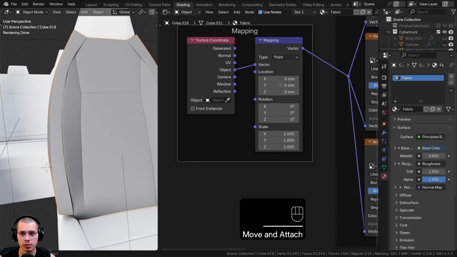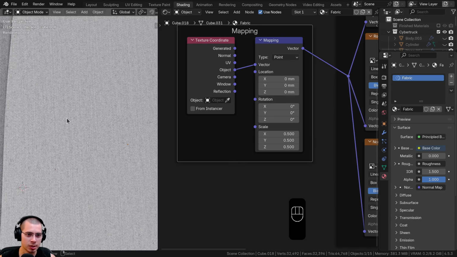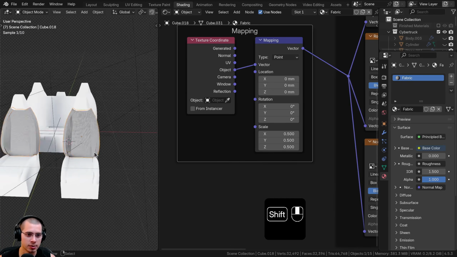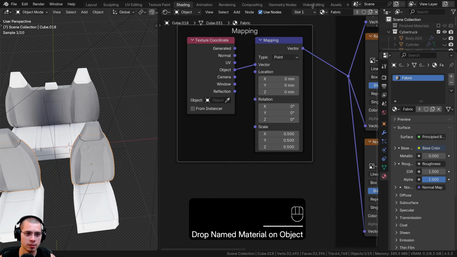And then let's go here to the mapping, and I'm going to turn the scale down to like a 0.5 because I think it was a little bit too small. But if I zoom in closely, you can kind of see that texture. So now what we want to do is just click and drag and drop the fabric onto all of these different objects. And then I do also want to make the fabric a little bit darker, but first let's just